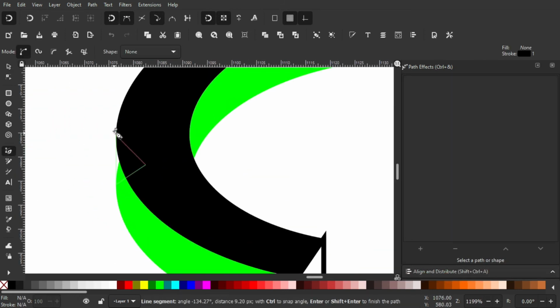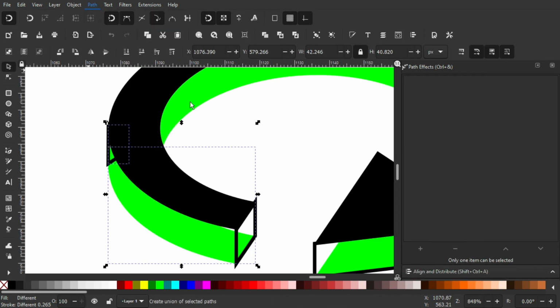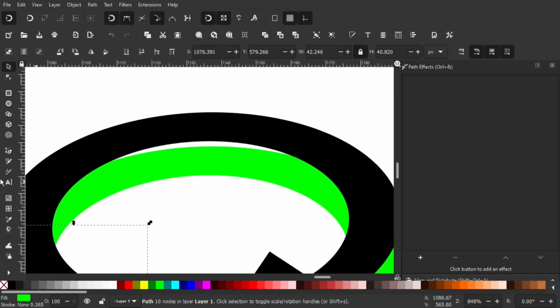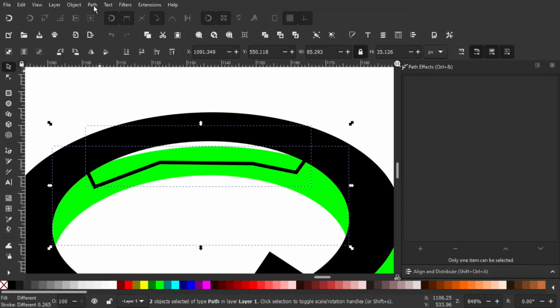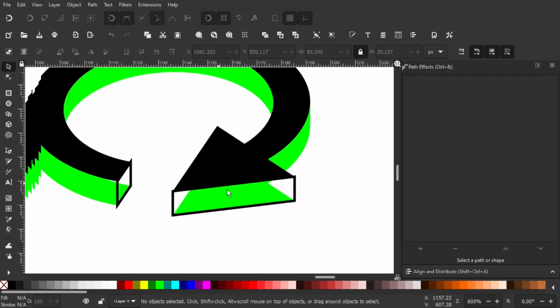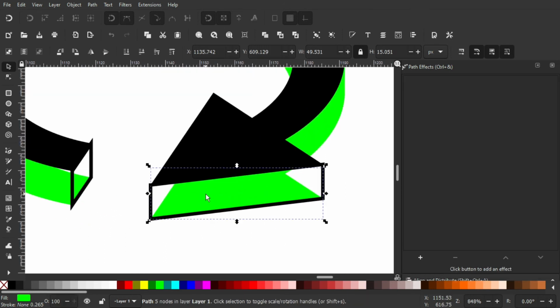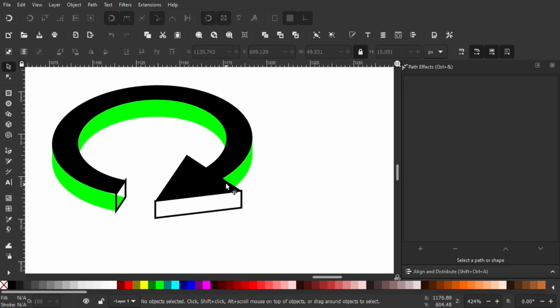Make sure you turn on the snapping, otherwise it just won't work like that. Now with this gap over here, I'm just gonna fill that, and I'm just gonna turn off the snapping because it just gets in the way. Hold Shift, click on this green object around it, and we have this kind of stuff. And on this object, we don't really need the green one, just delete that. And we have this kind of stuff that you can create with.